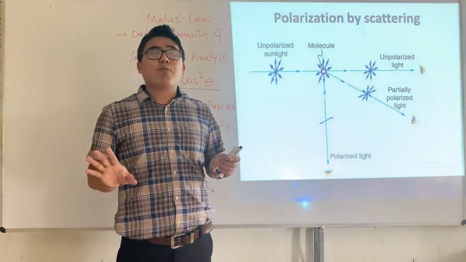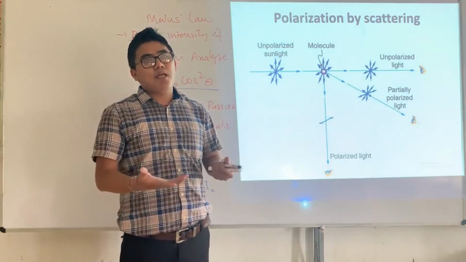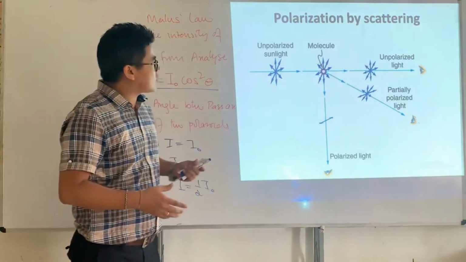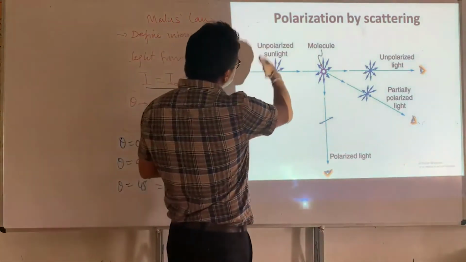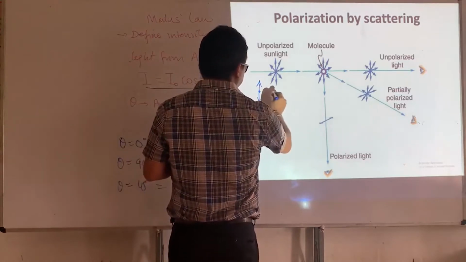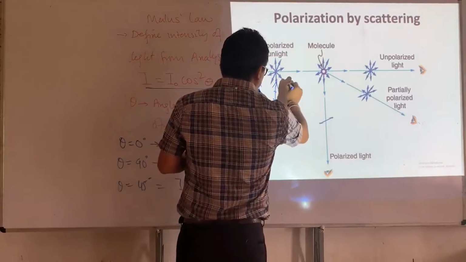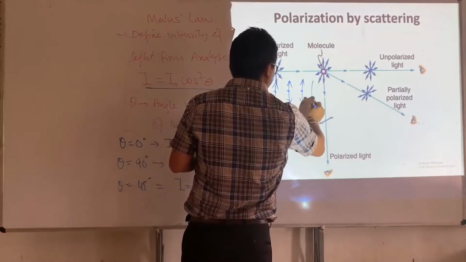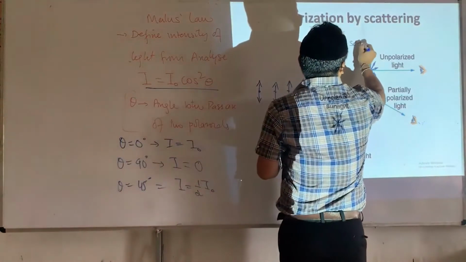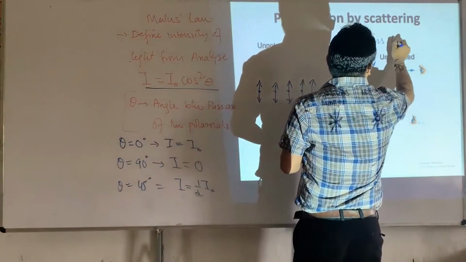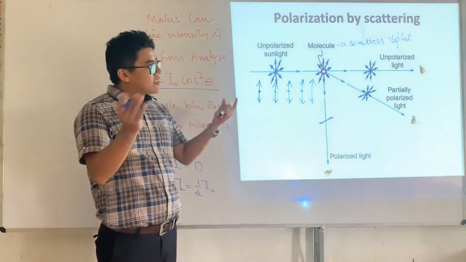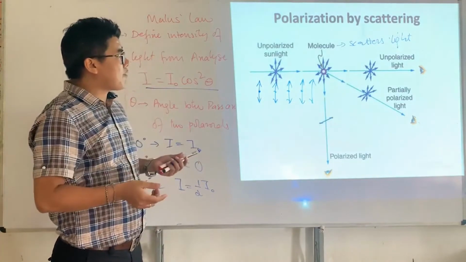So not every scattered light is polarized light, all right? This could be unpolarized light also. But some scattered lights are what we call polarized light. So this is what we are going to define. This is unpolarized light from the sun. I can define this like this also, right? Approaching, and this is a molecule that scatters light, a scattering particle. And this scatters light in every possible direction, in the entire space. So what we get is